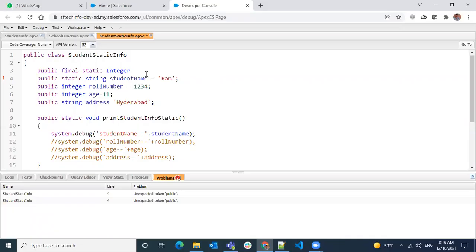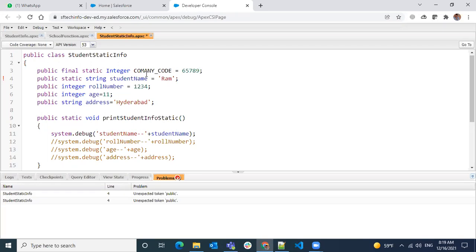Let's say a company code, some number which is going to be a constant across your student information.